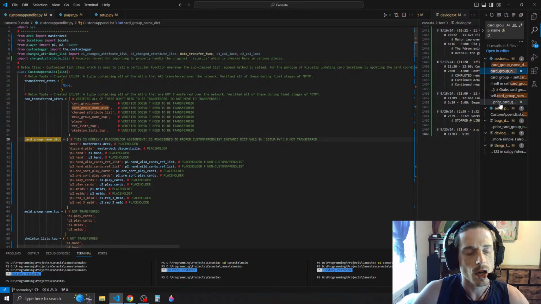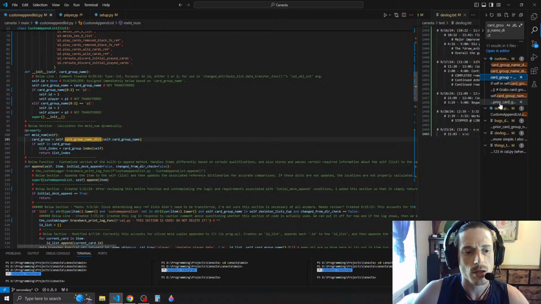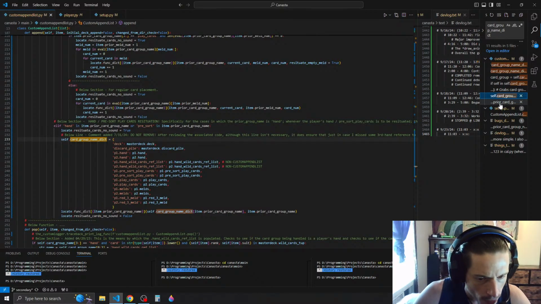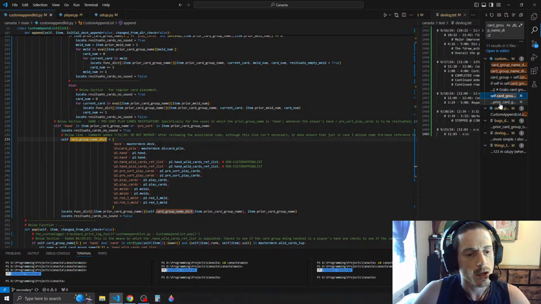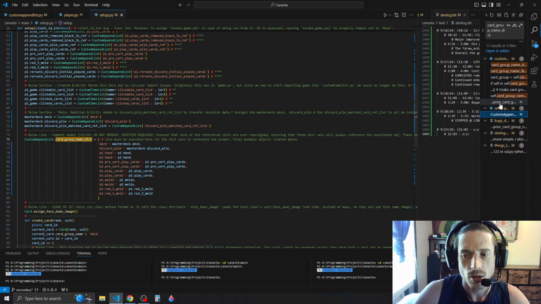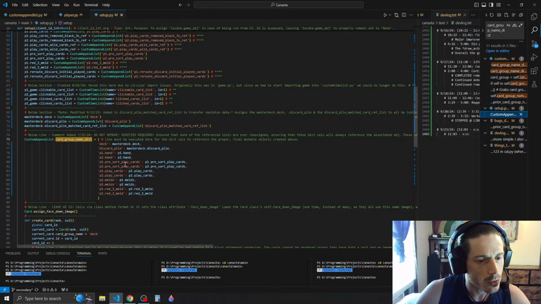Then we have the next assignment, which is in custom append list at a particular point in time, and that's to make sure that we are referencing the proper val, just in case for whatever reason we did reassign them. It's a safety net. And then we reassign it in setup,